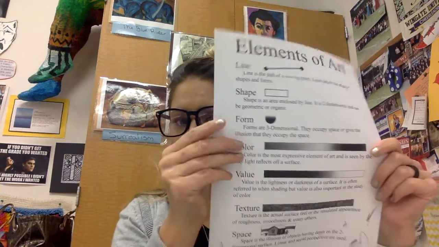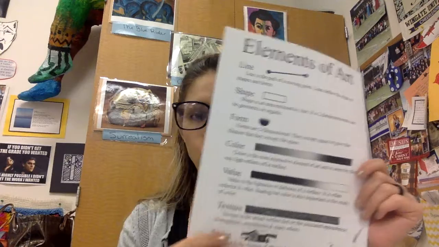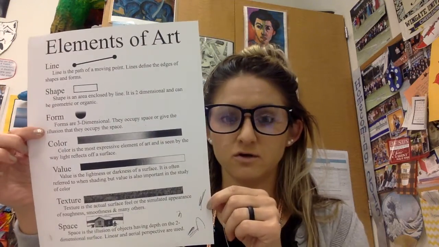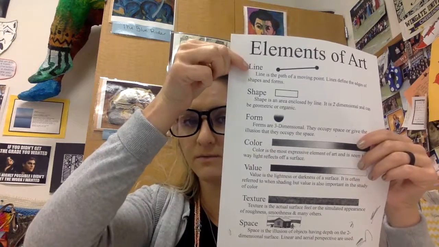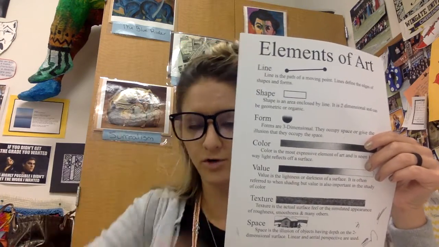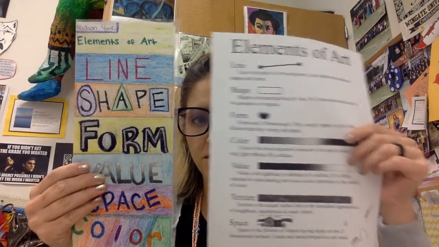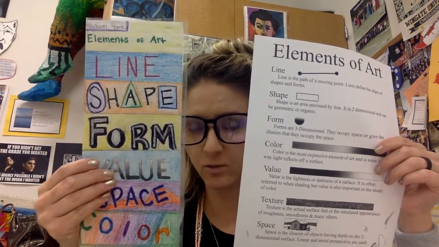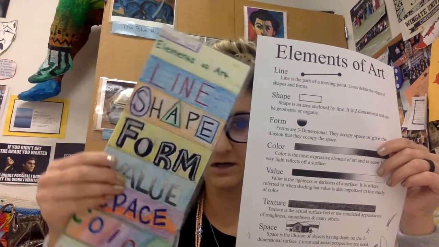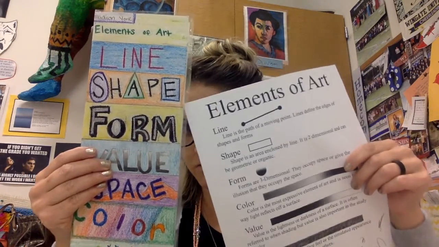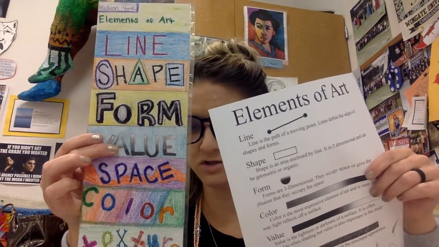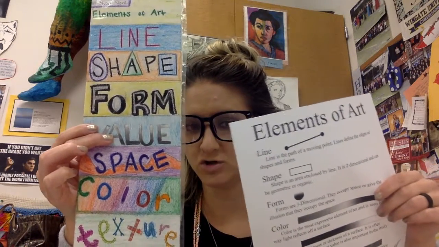So on the front, I want you to write the word that's in bold. You can use either the PowerPoint presentation. It'll have this same exact thing, and I'll go over that when I do that tomorrow. Or you can use this little handout. It should be on there in a poster form. So you're going to write the word on the front, like they did here, line, line, and you want to decorate it in a way that expresses that word. So line, they used lines, shape, form, etc. Good. See, like this value here, she did a gradient kind of value going from light to dark, space, color,